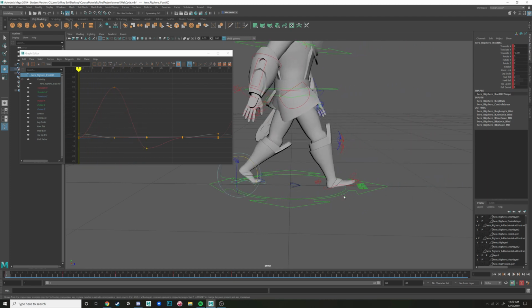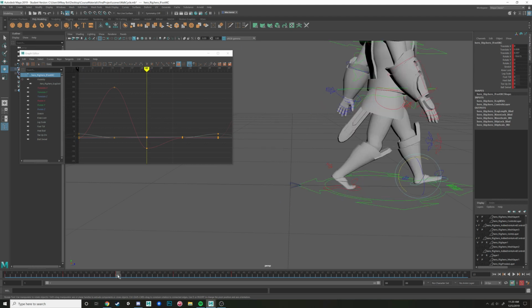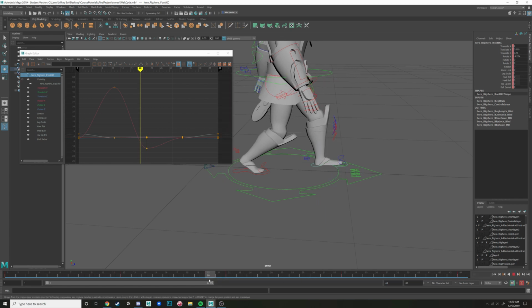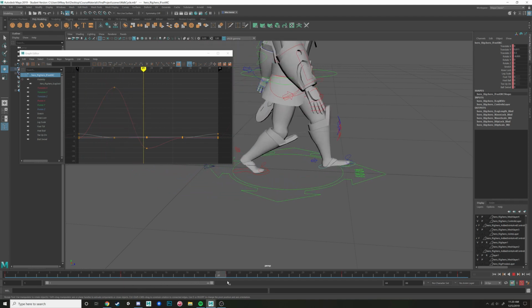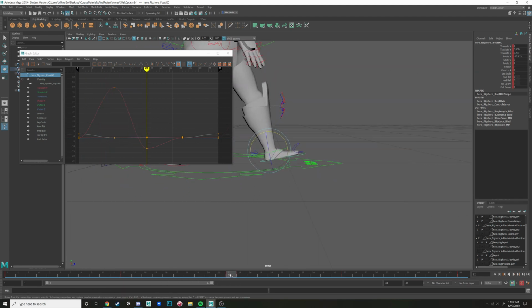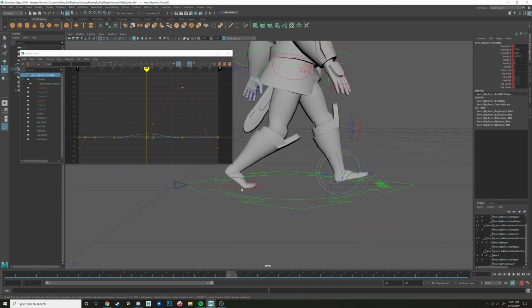So remember, we just copied that first pose of the contact, and that's frame 22. I'm going to shrink my timeline just so it makes more sense, because my walk cycle is now 44 frames long. So if I go in here and then paste that, hopefully it shouldn't change, because I don't think it changed